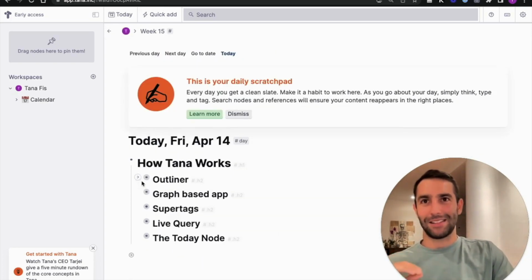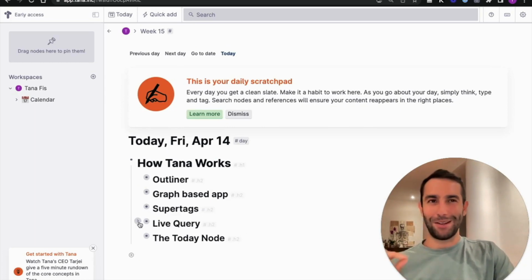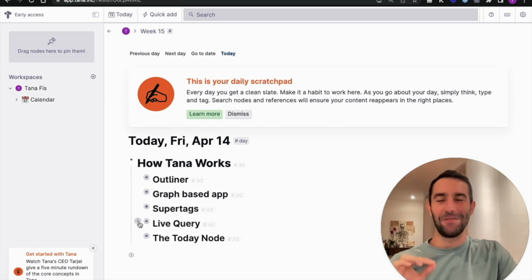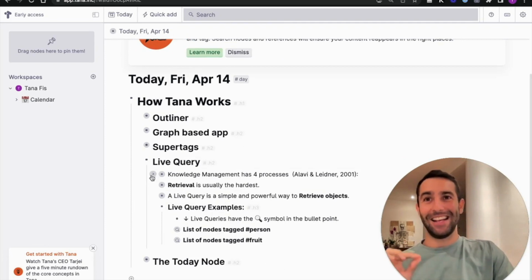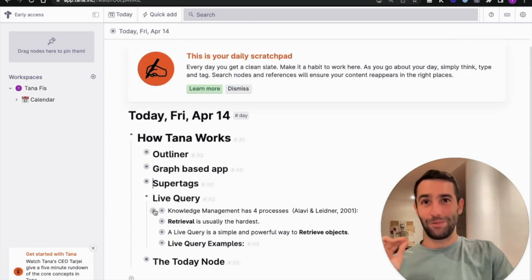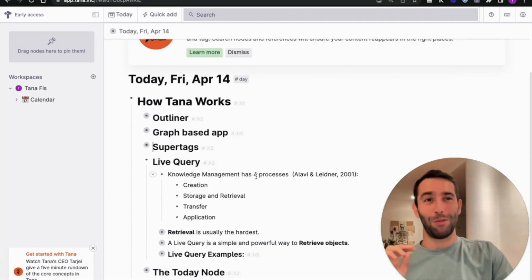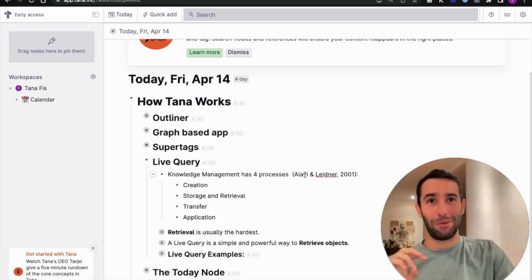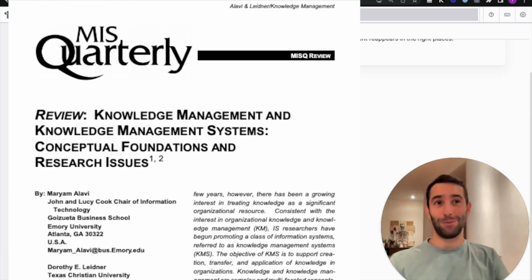And it's where things get most interesting, in my opinion. It's one of the best things about Tana, and it is the live queries. Knowledge management has 4 processes, and this is from a paper by Alavi and Leidner from 2001, so it's more than 20 years old.